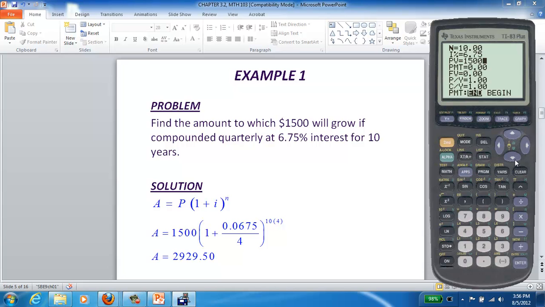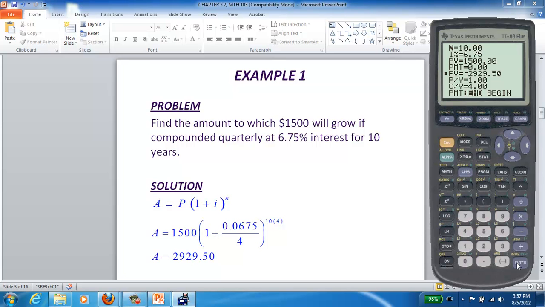Right now we don't have any payment. If you don't have any payment, payment will be 0, and then the payments per year you keep it as 1. So if you don't have any payment, payment will be 0, P/Y will be 1. And then C/Y, compounding periods per year, will be equal to 4. Why 4? Because it says quarterly. So then you go to the future value, alpha, the green button, enter. And as you can see, the result is exactly the same,